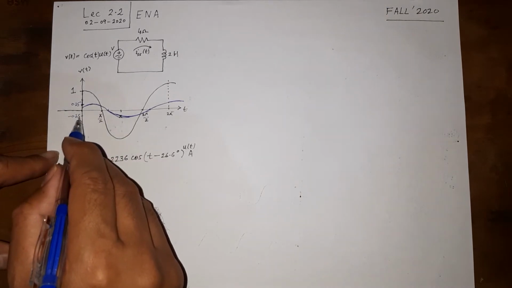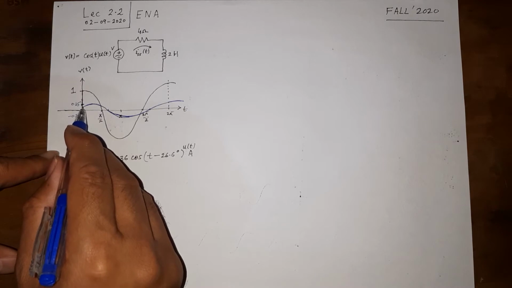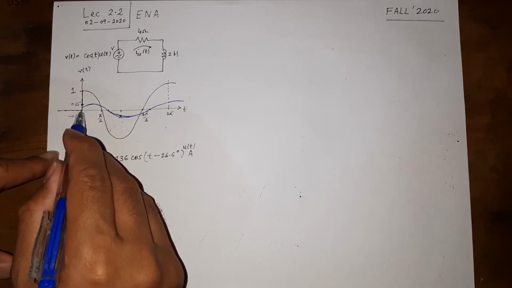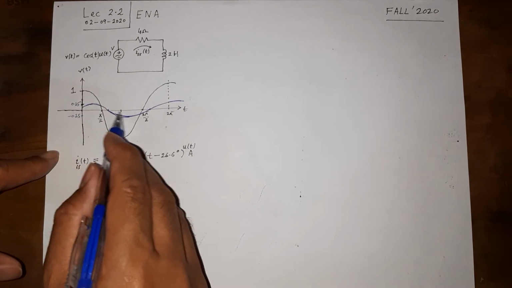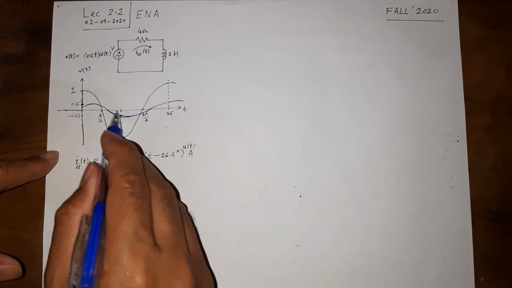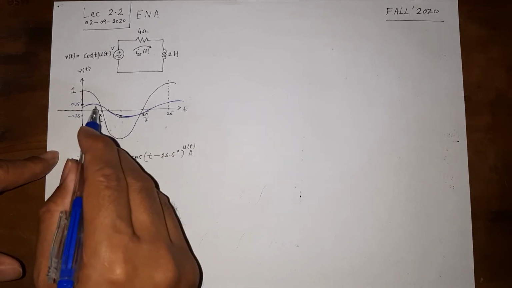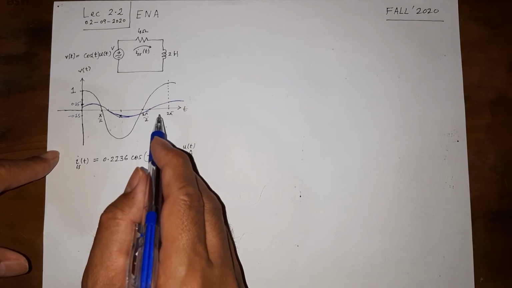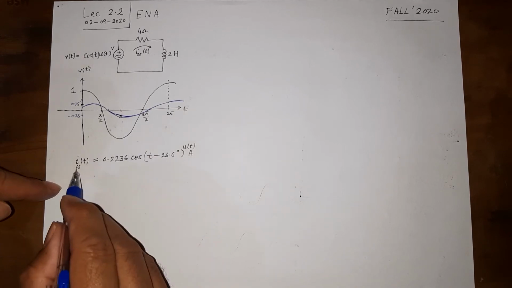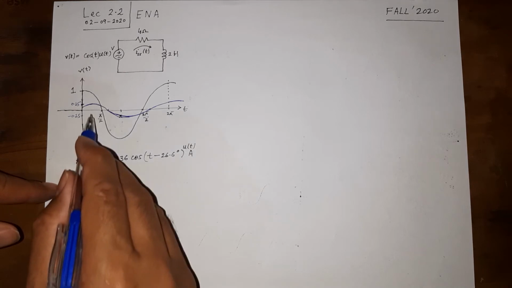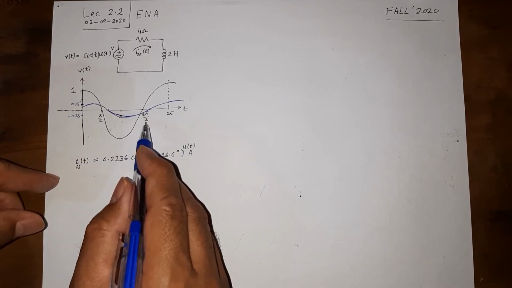Again, at t equal to 0, we know because of the transient part that it will actually not be like this. It will attain this nice looking waveform after a certain time, after the transient part is over. But we are assuming we are in the steady state. In steady state, it will look something like this.